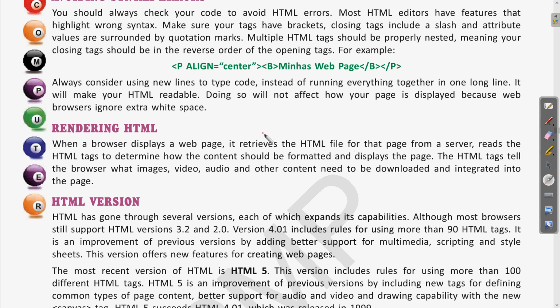So as we were talking about, whenever we open any web page, the HTML file is fetched from the server, and then by the different tags which are written, the browser determines what the content is and how it is required to be displayed on the page. The HTML tags tell the browser what images, video, audio, and other content need to be downloaded and integrated into the page.